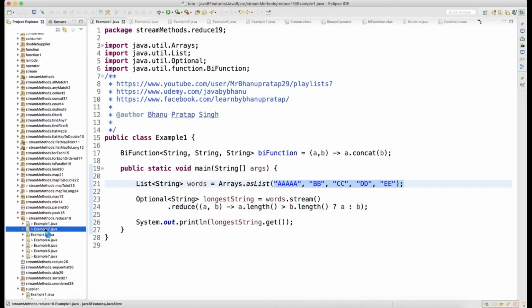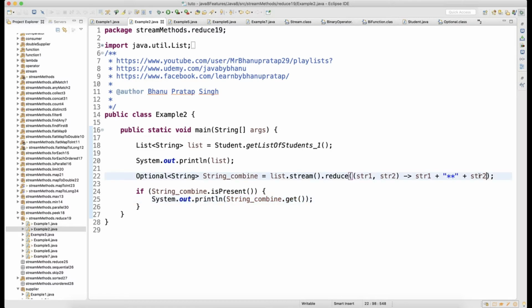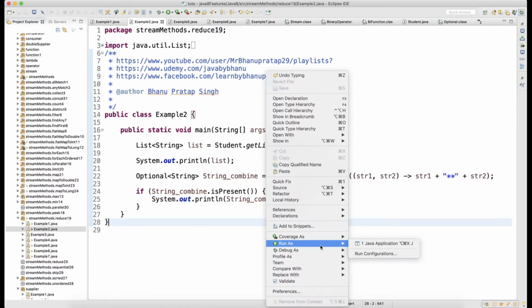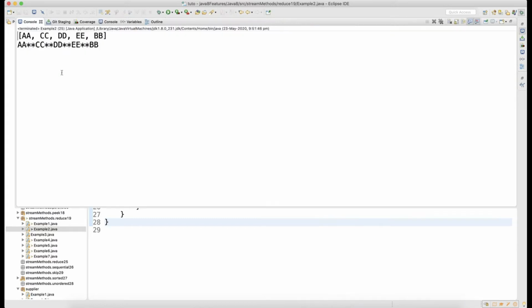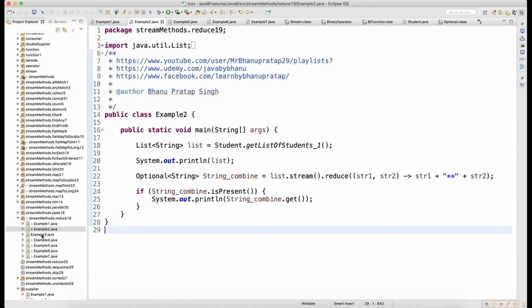But here you are concatenating the entire string with a star star, so the output will not be the same. Here the output will be different, where your entire list of data gets concatenated by star star. You can see that the entire list is getting concatenated by star. So reduce, basically, helps you reduce to a particular condition, a particular BiFunction.